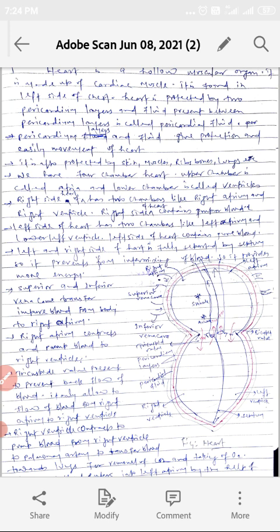Double circulation. Blood entering the heart two times in a complete cycle of blood is called double circulation. Humans, birds, frogs, and snakes have double circulation, and other organisms like fish have single circulation.